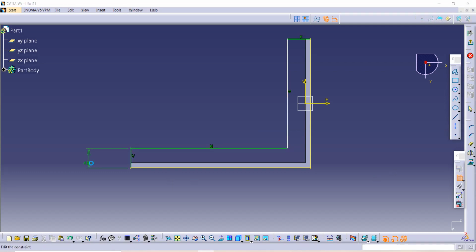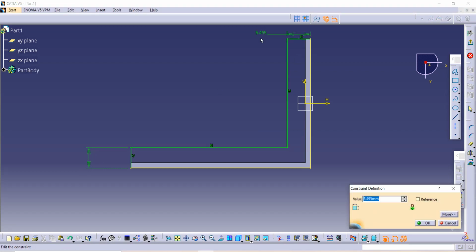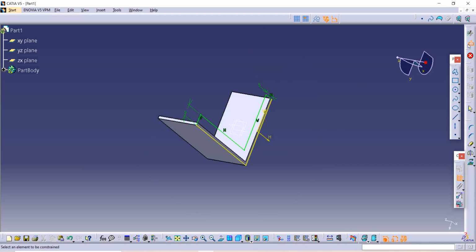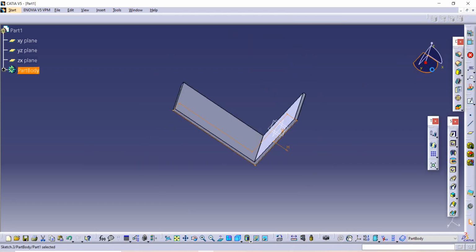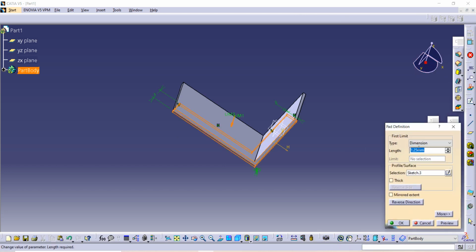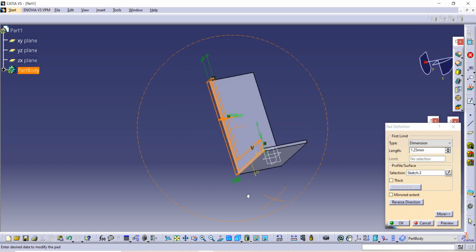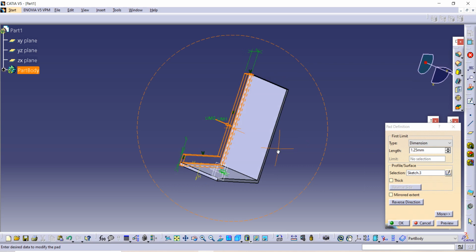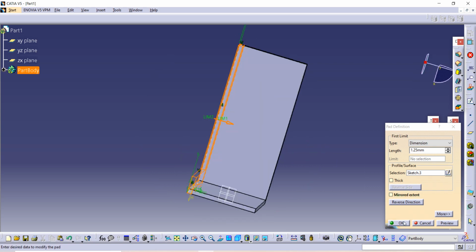Its length is 5 and the same here also it's 5. And now we have to go on Exit Workbench, then use this Pad command again, of length 1.5 because it is given in the figure, but the arrow is in the outward direction, so we are going to take it in the reverse side and then click on OK.